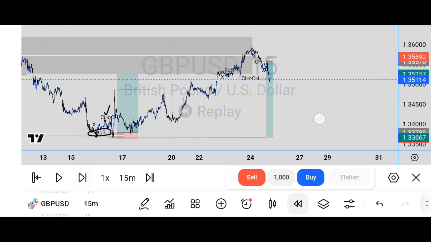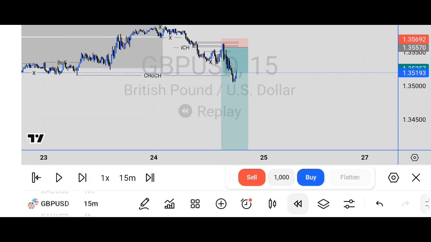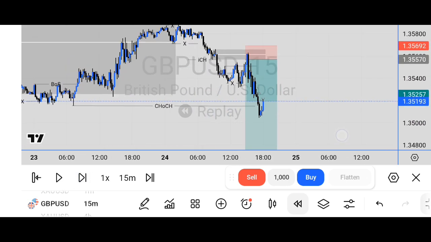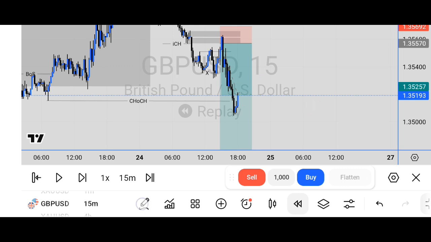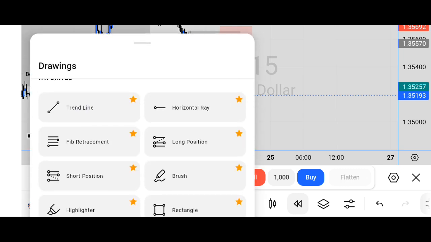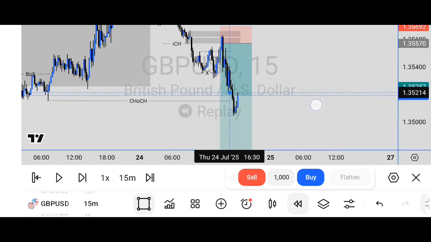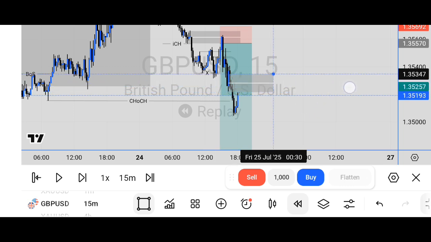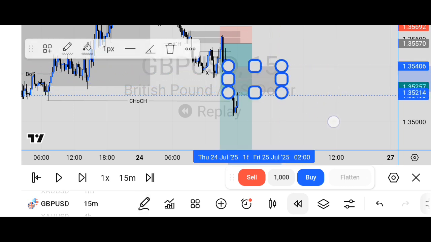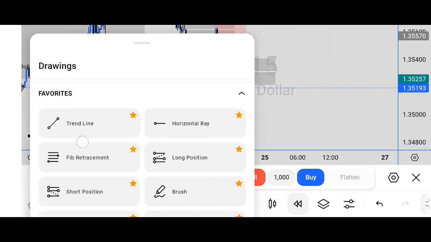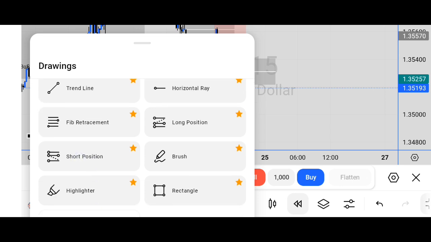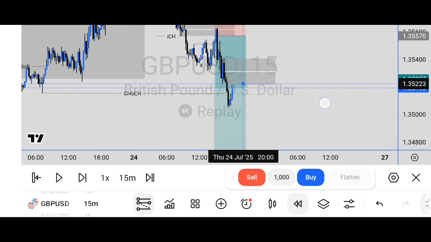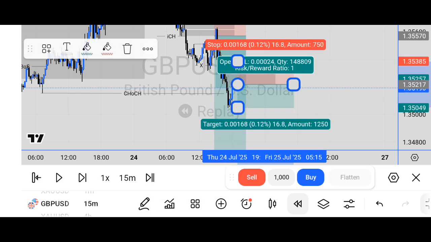You can see price hits our first take profit. After hitting our change of character, we can sell directly from any unmitigated POI. So this is the only unmitigated POI right here. So why can we sell directly there? Because price already took liquidity. So we just use our short position right here,